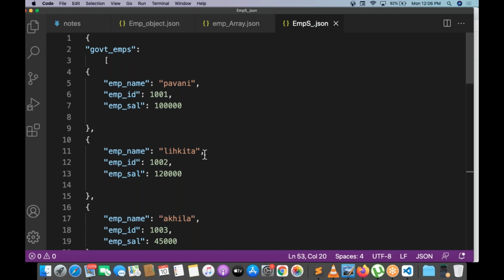Then try to improve it with more levels. For example, if you create a college JSON, all college records in JSON files. In a college, a number of branches are there. Take each and every branch: CSE, one section. ECE, one section. EEE, one section. IT, one section. Inside CSE, a number of blocks: Block A, Block B, Block C. Inside Block A, girls one section, boys one section, teachers one section.